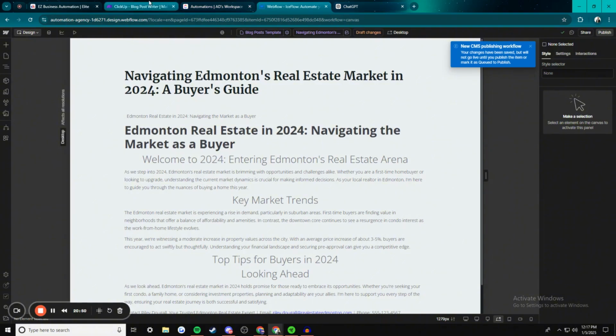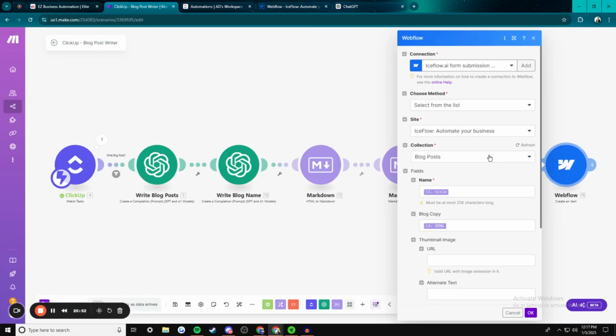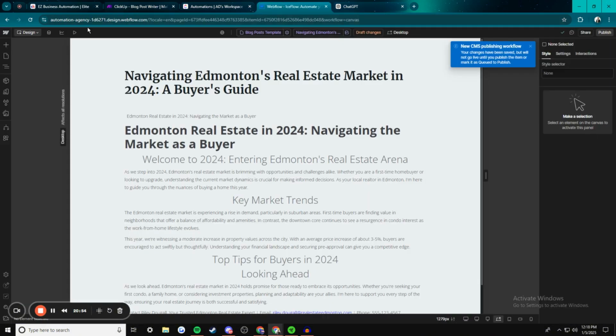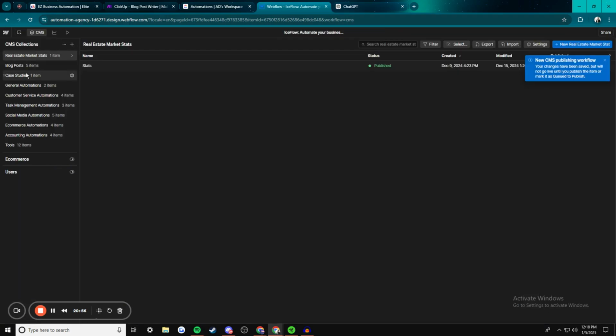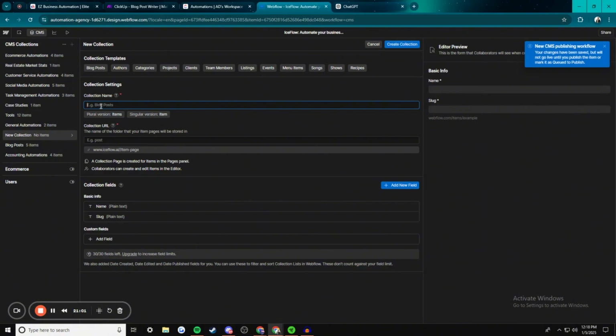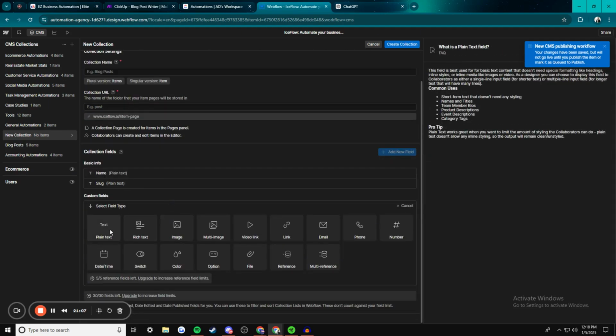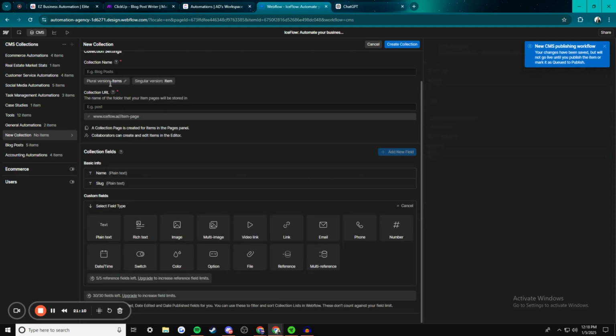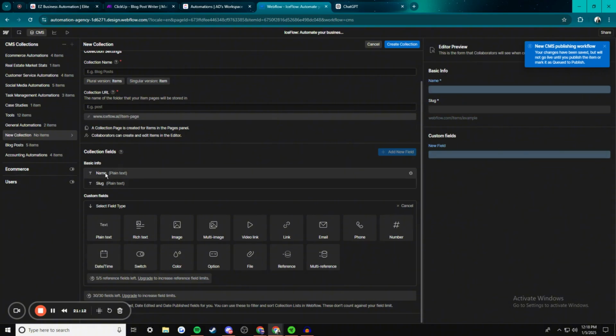And then we're going to go to collections, which is blog posts. So what you would have to do is go into CMS. If you don't already have one created, you're just going to have to create a collection here. Put in a name like blog posts, and then add fields for everything that you want. So if you want the title, well, I guess the title would already be here as the name, but then